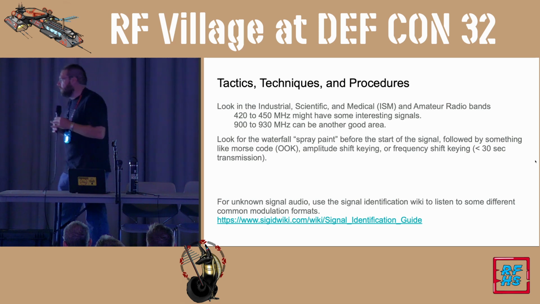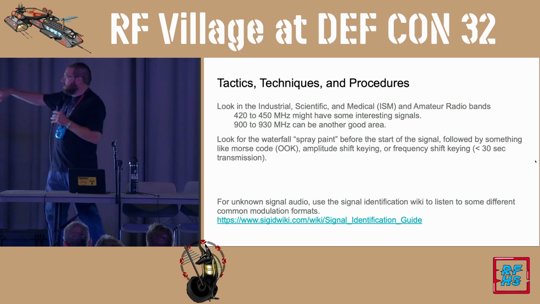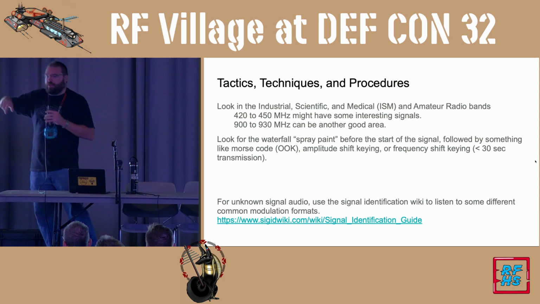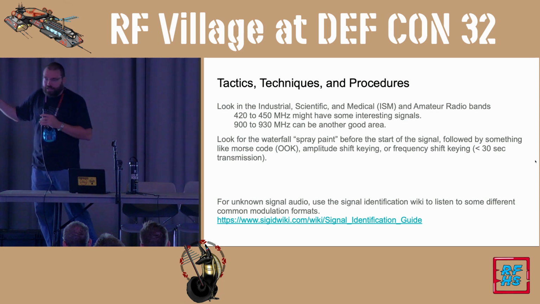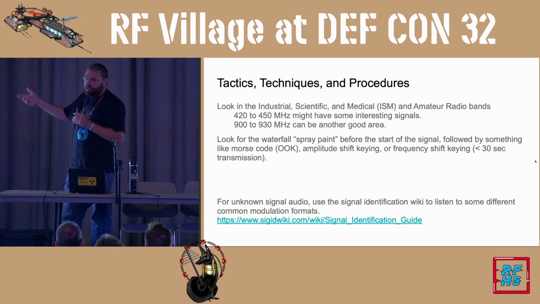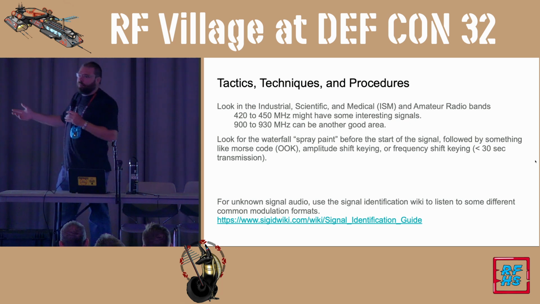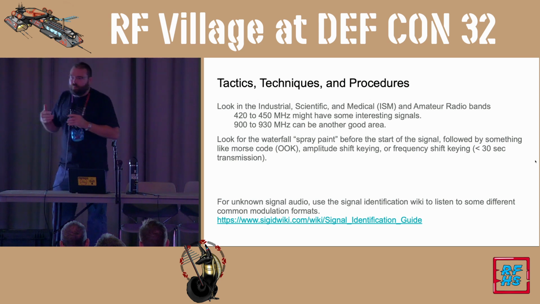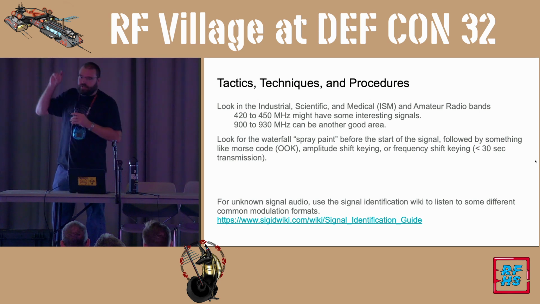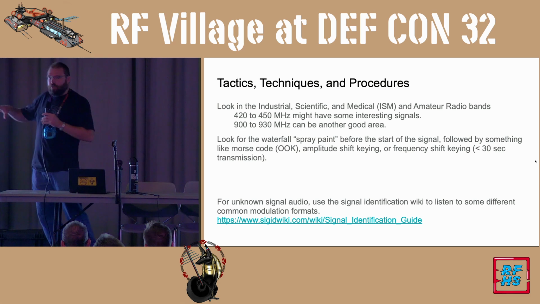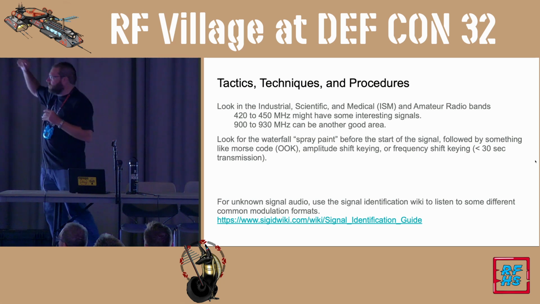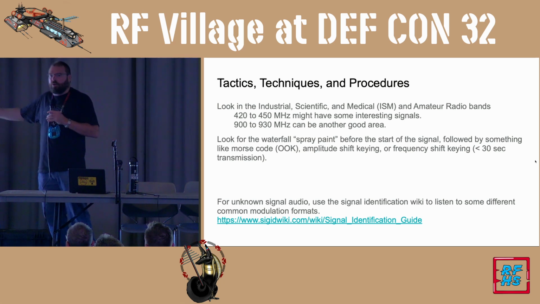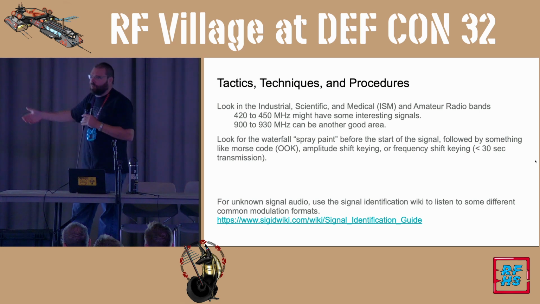Increase those chances. And so what you'll see is you'll see the waterfall spray paint, and then you'll see something coming after, whether it's on-off keying like Morse code. There are some ham digital flags out there. They could be really good, really easy to decode, even if you don't know Morse code. That's actually what I did a couple of years ago, and you just kind of say, oh, this looks like this, and let's get the whole table of all the Morse alphabet, and let's just kind of go right down the list and decode. Real easy way to do that. And then you get some of the other ones, amplitude shift keying, frequency shift keying, that require a little bit more to go through. But again, look for that spray paint.